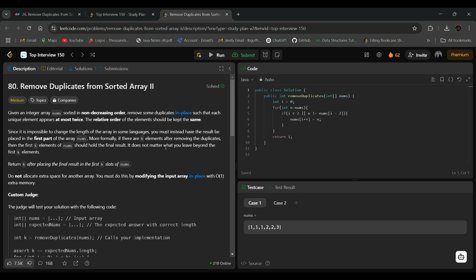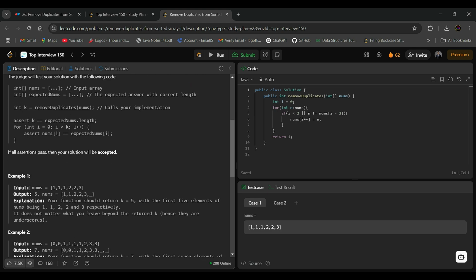It does not matter what you leave beyond the first k elements. Return k after placing the final result in the first k slots of nums, and do not allocate extra space for another array. You must do this by modifying the input array in place with O(1) extra memory.